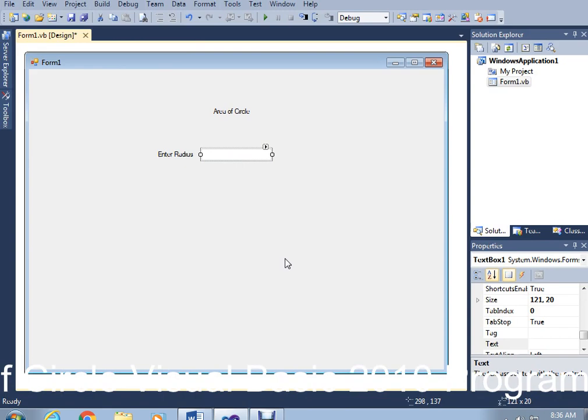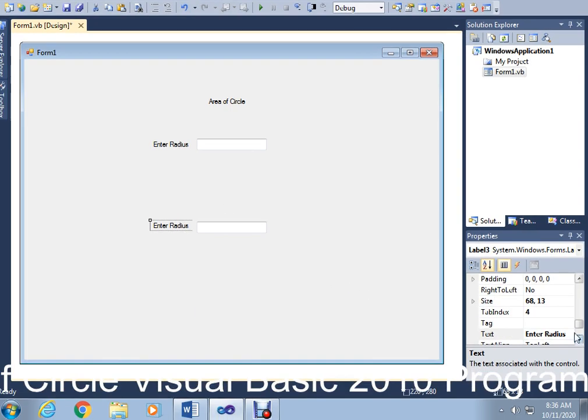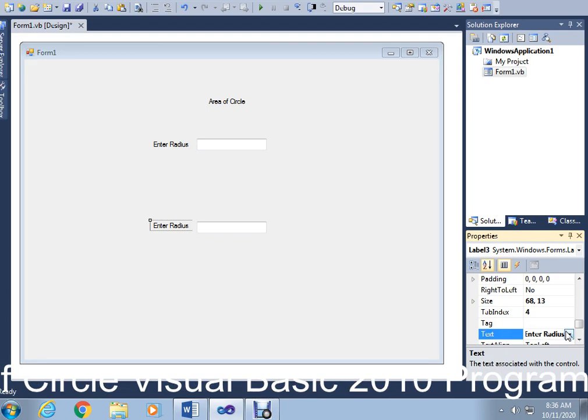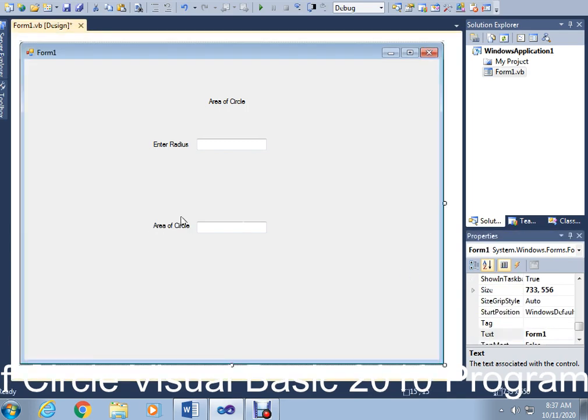So you see, no need to drag and paste every time. Right click, copy, and then paste. When you right click, you will see this option here. This is the output, and this is the label. I am going to right click, copy, then paste. Sometimes you may not see this in your video, but you have to listen carefully and understand what I am telling. Okay, now I type here "Area of circle." So this is the output.